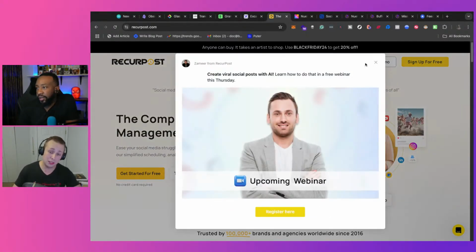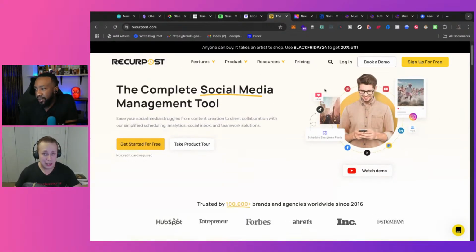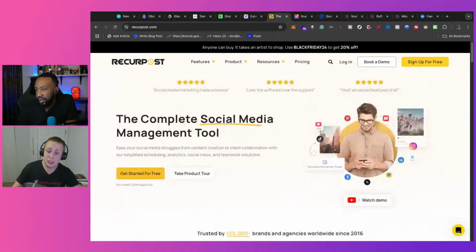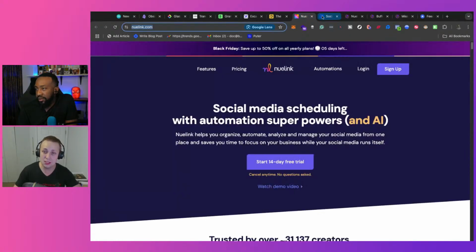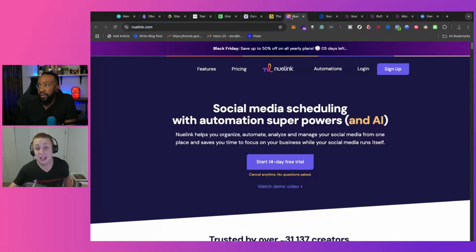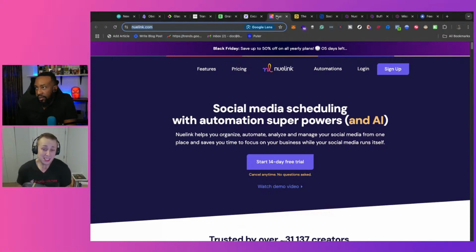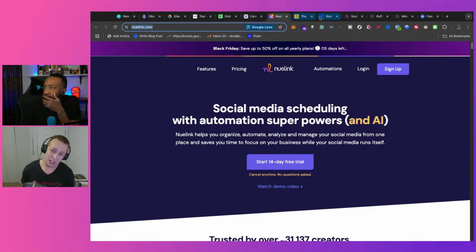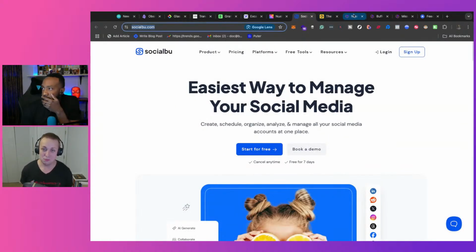Recurpost also recently updated their UI. For me, a tool has to have good UI because a good UI generally leads to good UX. If you have a good experience on that site, I think that helps out a lot when it comes to the tediousness of the task. New Link is my top favorite tool because it has the best UI and UX, and they also have the best automations. The reason why is that that's what they've been working on for the last year. I know that SocialBee's also been doing that too, so shout out to them. But right now, New Link is where I've been able to master my content strategy to be omnipresent.